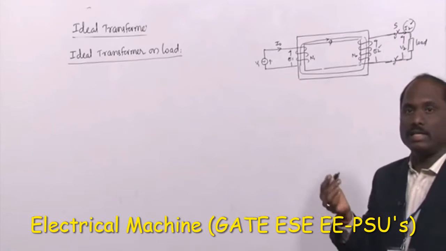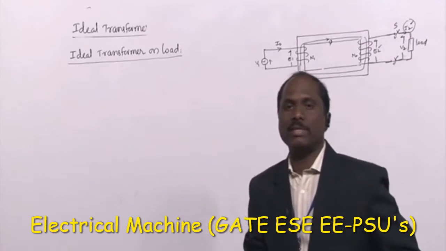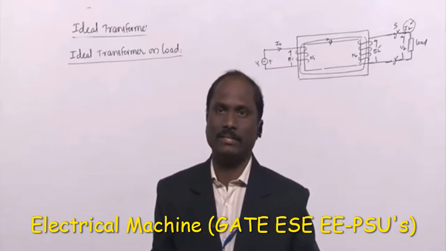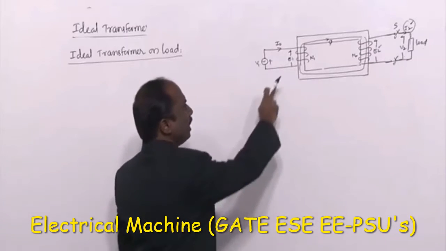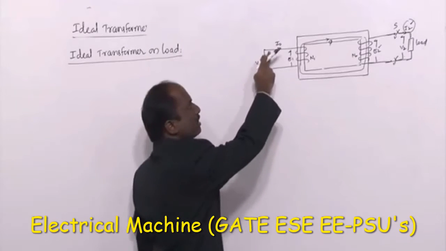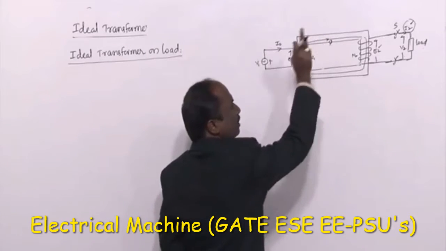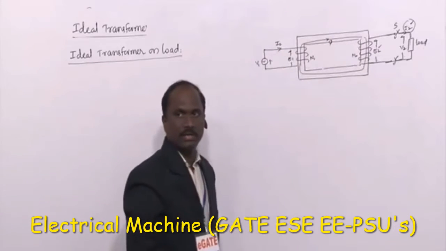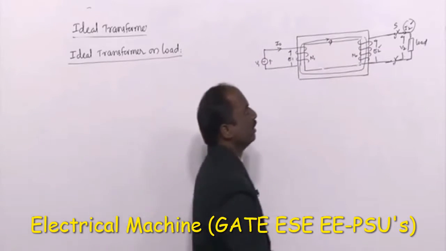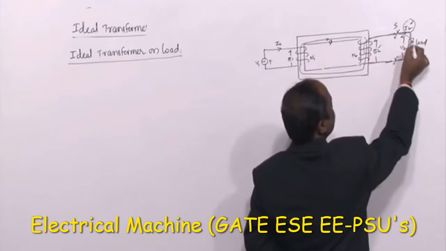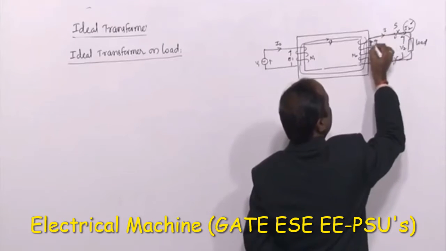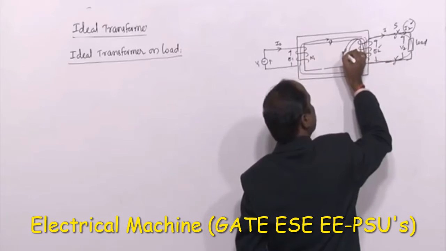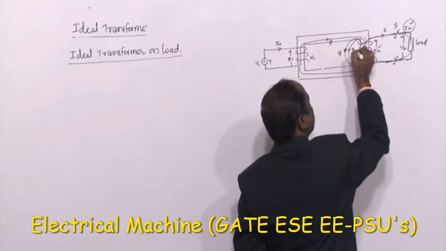When the secondary carries a current of I2, what happens? This I2 current also develops a flux in the secondary winding. The primary winding, when fed with an input voltage V1, draws a current I0 and develops a flux of phi. When that flux links with the secondary, EMF is induced. That is the first part. The second part is, when the load is connected, the secondary current I2 flows here. Because of this I2 some flux is also developed in the secondary winding.